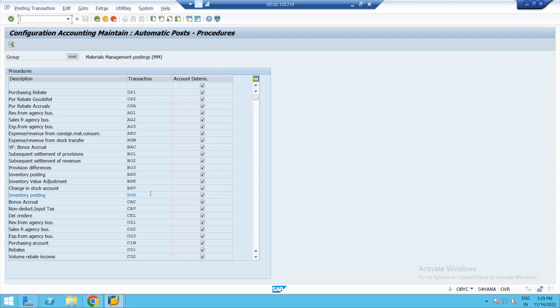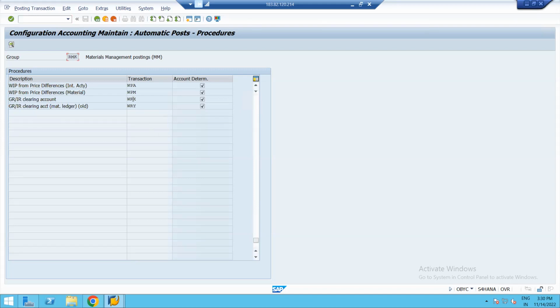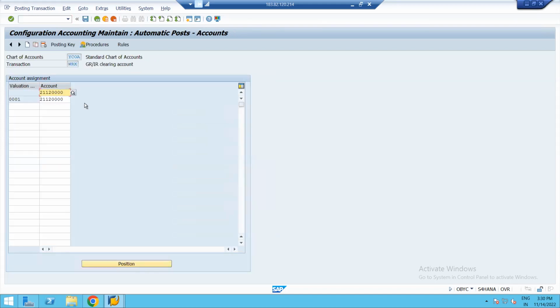And you can also Google that particular error, and the Google response will ask you to maintain the missing GL account in this particular transaction OBYC for a particular transaction event key. This is the transaction event key I shared with you for the inventory posting. This could be even for WRX as well, the GRIR clearing account. Even if you remove this GL account, the system will not allow you to post the